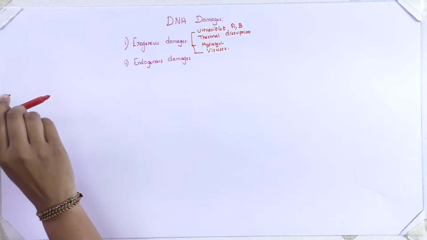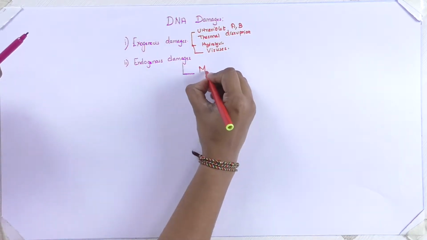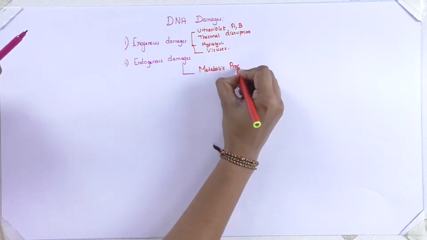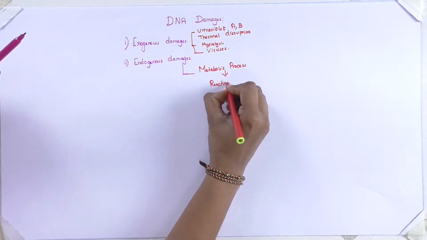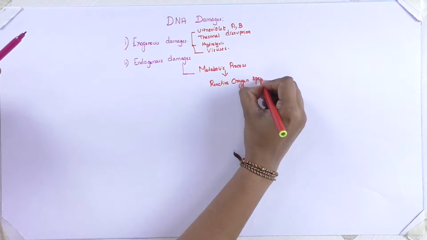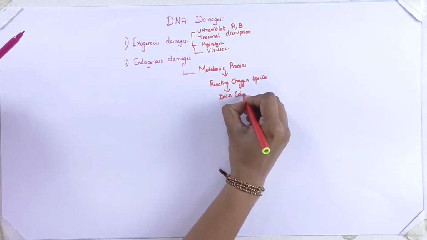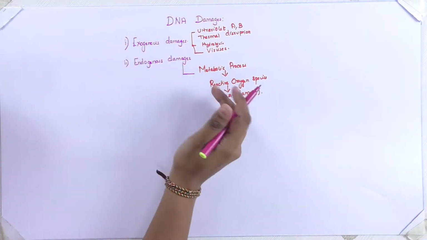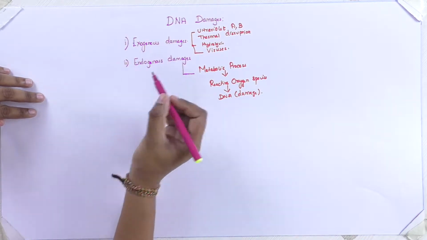Now moving on to the endogenous damages, it's mainly because of the metabolic process, leading to the production of reactive oxygen species, which in turn is going to affect your DNA. So now we are going to see these things in detail. The first one is, if you take the endogenous damages,